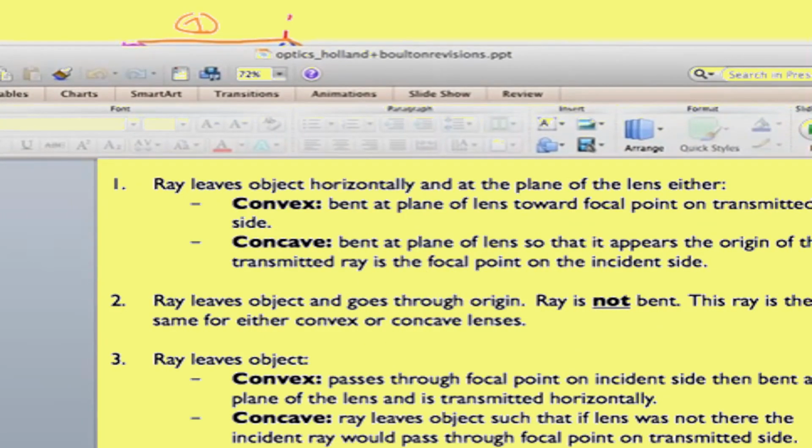So we are going to draw the first principal ray, which comes in horizontally. So this is 1, and then it gets bent at the focal point, and then it keeps on going. The second one, just let me double check. Okay, so I'm saying the second one goes through the origin. So it's going to go through this point right here. It's going to start at her, go through the origin, keep going down, and that's going to be number 2. And then we have a third ray. It's going to leave from her, go through the focal point, and then get bent horizontally, and I kind of missed it a little bit there, but you get the idea that there'd be something here. What we'd end up with is she would be upside down,